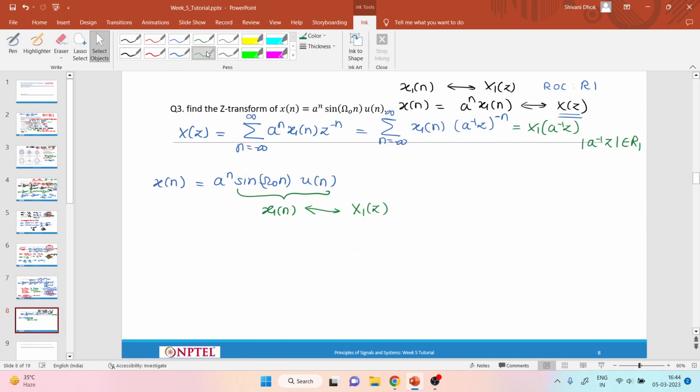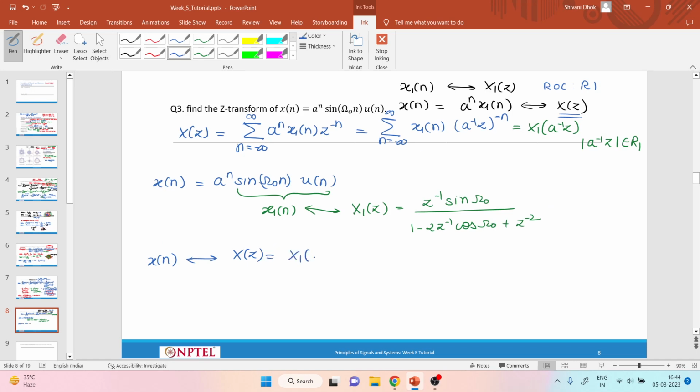So its z transform is simply z inverse sine of omega naught whole divided by 1 minus 2z inverse cos of omega naught plus z power minus 2,